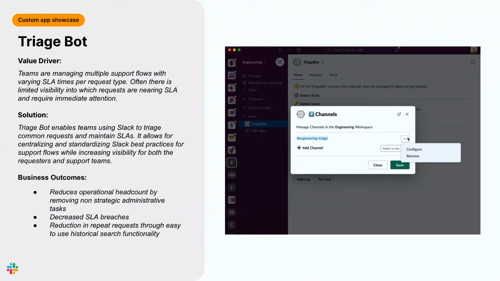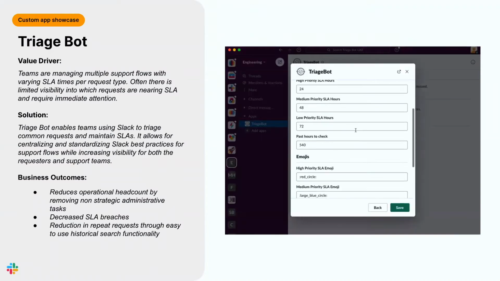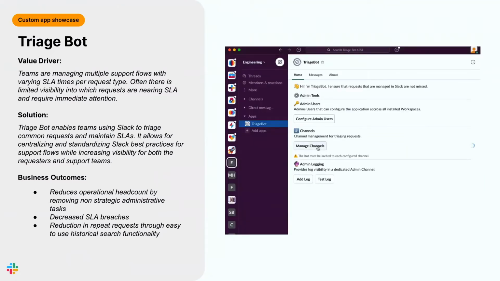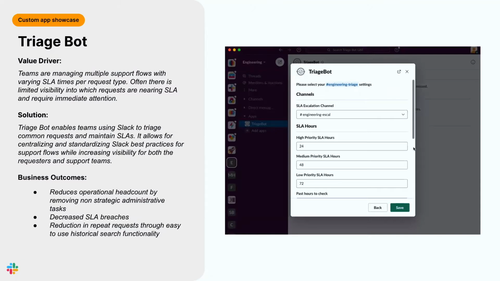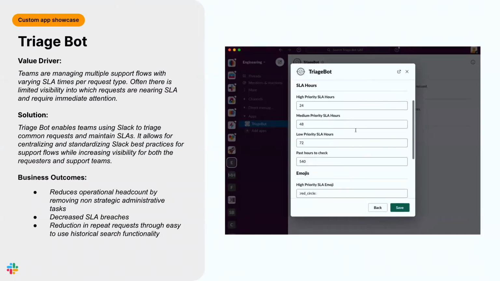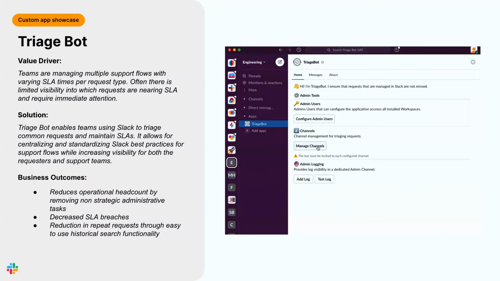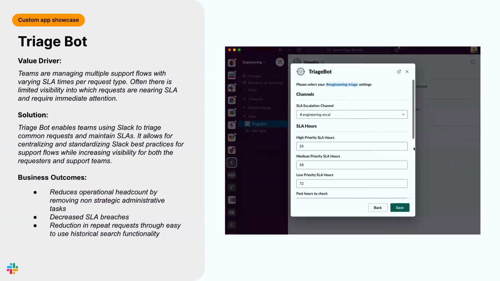Today, teams are managing multiple support flows with varying SLA times per request type. Often, there is limited visibility into which requests are nearing SLA and require immediate attention. TriageBot enables teams using Slack to triage these common requests and maintain their SLAs. It allows for centralizing and standardizing Slack best practices for support flows while increasing visibility for both the requesters and